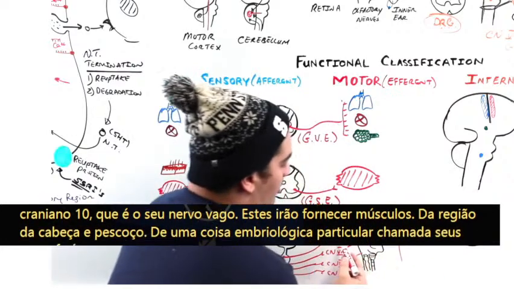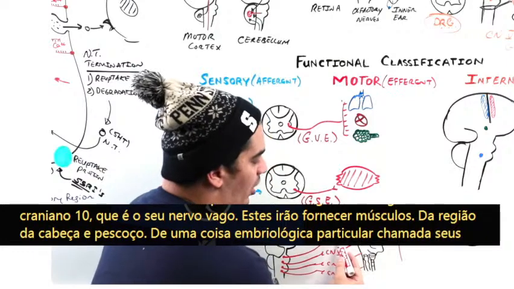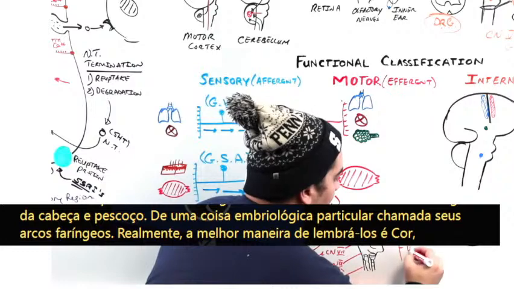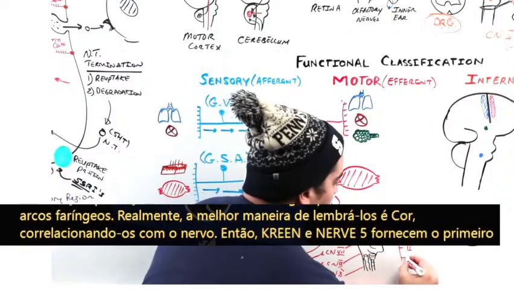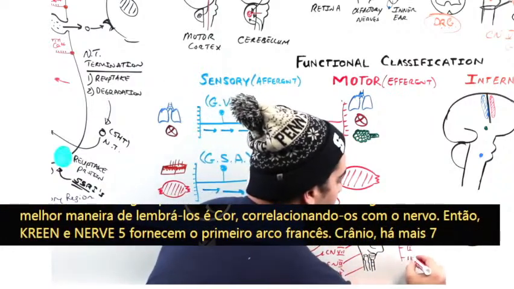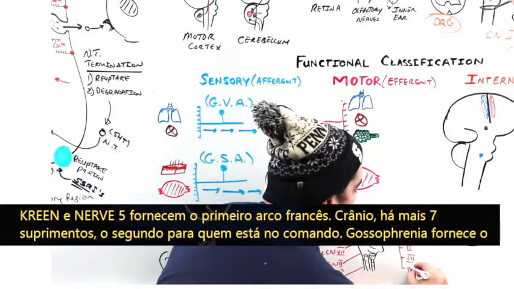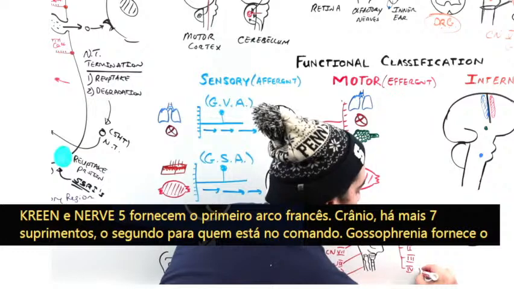And really, the best way to remember them is correlating with the nerve. So cranial nerve 5 supplies the first pharyngeal arch. Cranial nerve 7 supplies the second pharyngeal arch. Glossopharyngeal supplies the third pharyngeal arch. And then the vagus supplies the fourth and the sixth